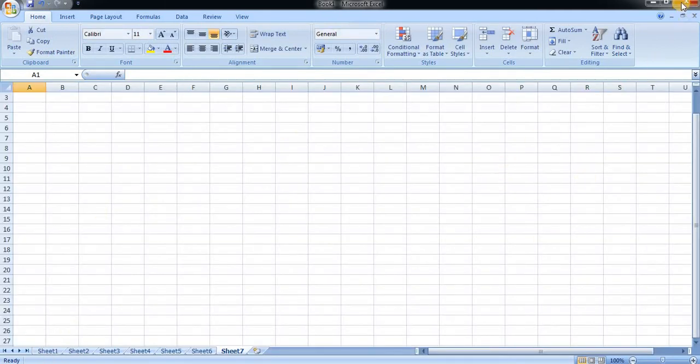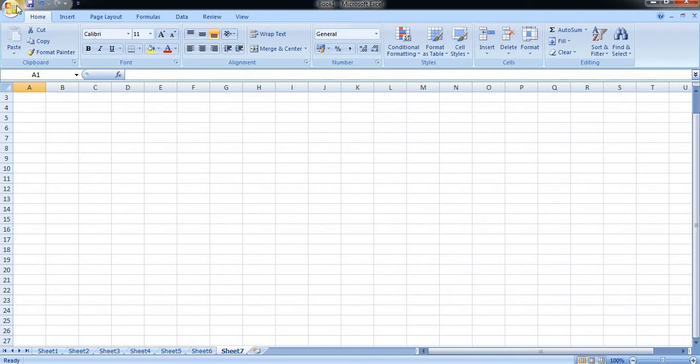Now coming on to the top right hand side, here you can see the close button, with which the workbook will be directly closed, and this is the minimization of the work. Now if we see at the center, it is the name of a file, which is Book number 1. I have written as Book 1. By default it has been taken as Book 1 and Microsoft Excel. So this at the bottom shows the name of the file.